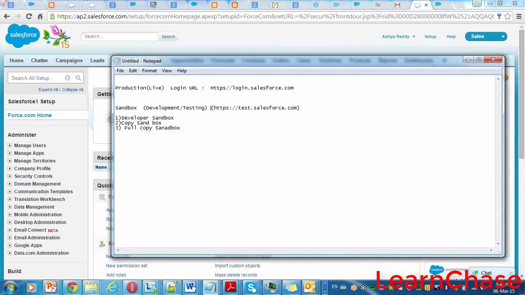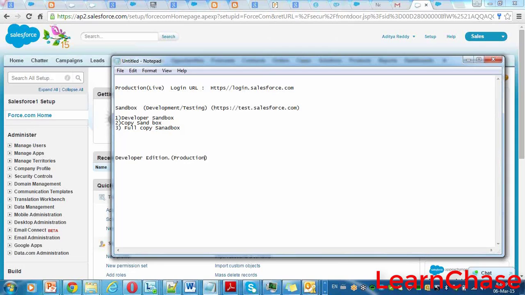For the developer edition, development is directly there, production is there only. It's a free edition, right? They won't provide those facilities for the developer edition. These are the paid editions used by companies, clients. For them, they will provide. We are talking about paid editions. This is the free edition and this is only the production edition.